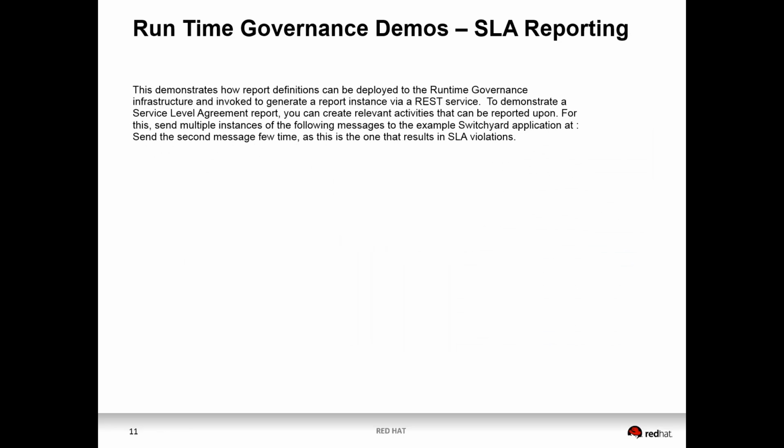Our SLA reporting example demonstrates how to provide pluggable reports that can access information in the activity store. The example uses the activity information to compile a service level agreement report highlighting violations above a specified response time. So our example shows how to configure a pluggable report, how to generate the report via REST API, and it provides a service level agreement report based on identifying service invocations that exceed our specified maximum response time over an